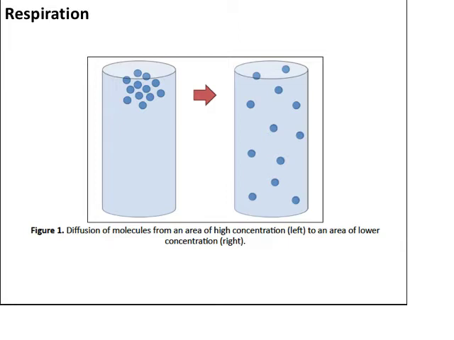Gases diffuse not only between the environment and the cells of an organism, but also between two cells within an organism. So what we're talking about with respiration in terms of the most important gas in the air that we breathe is, of course, oxygen. Okay? So oxygen makes up about 20% of air that we breathe on average. Okay? And we require oxygen to make